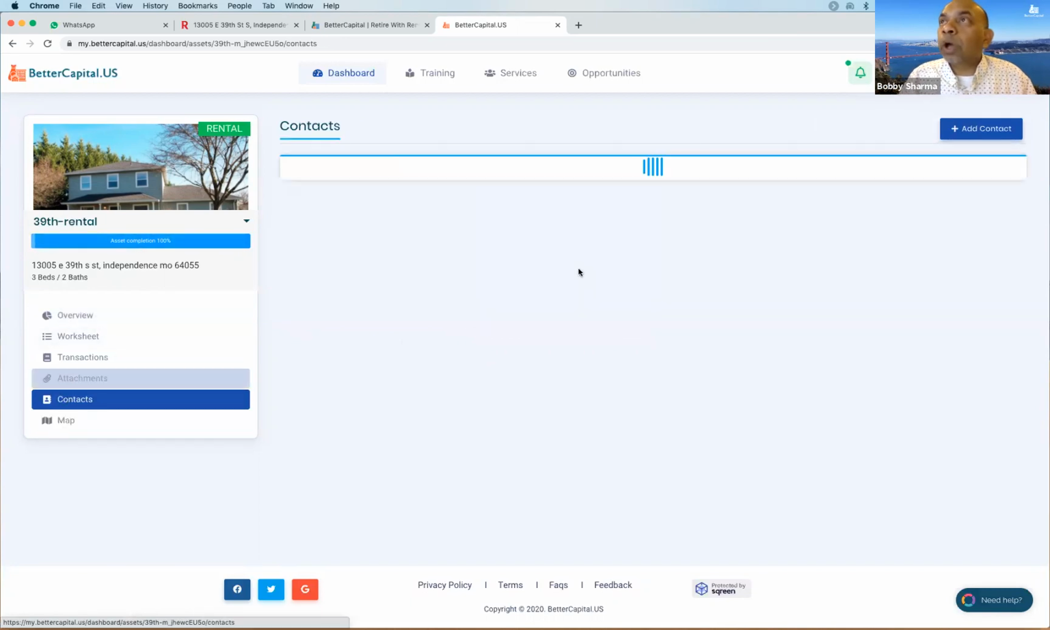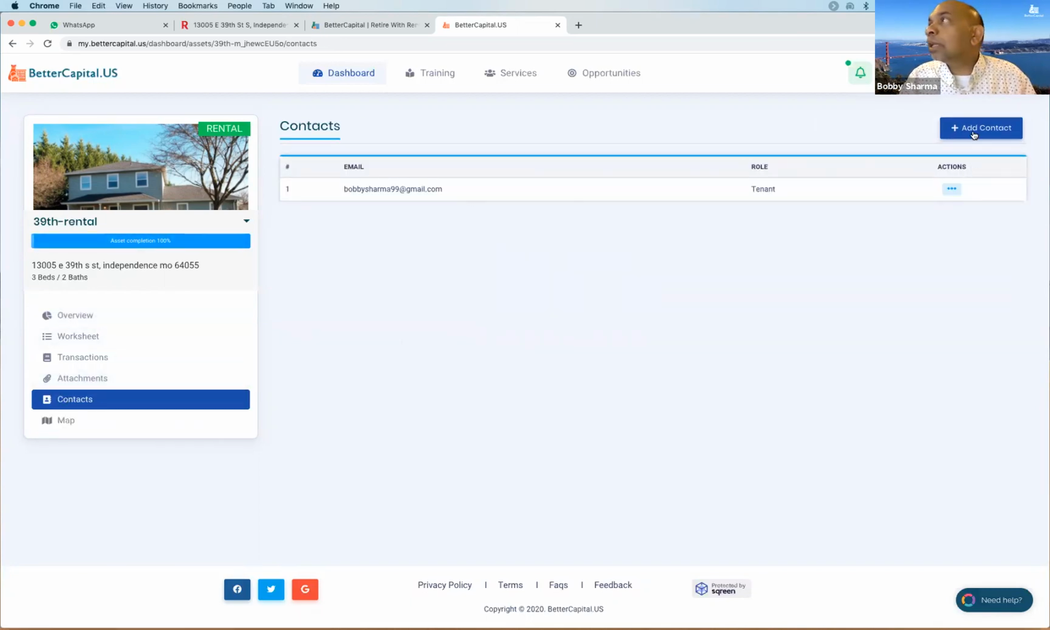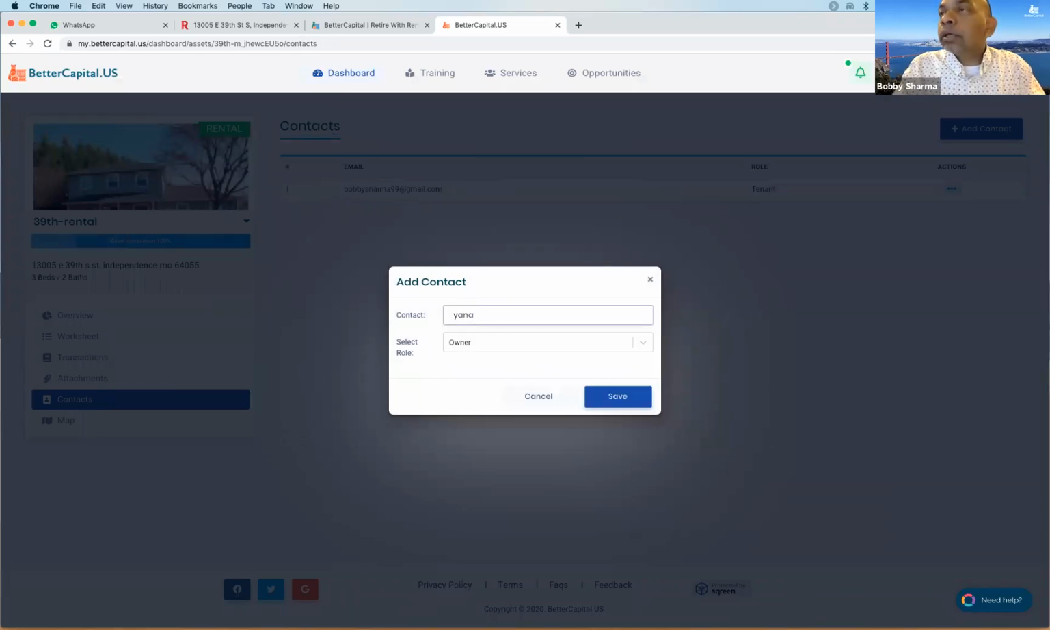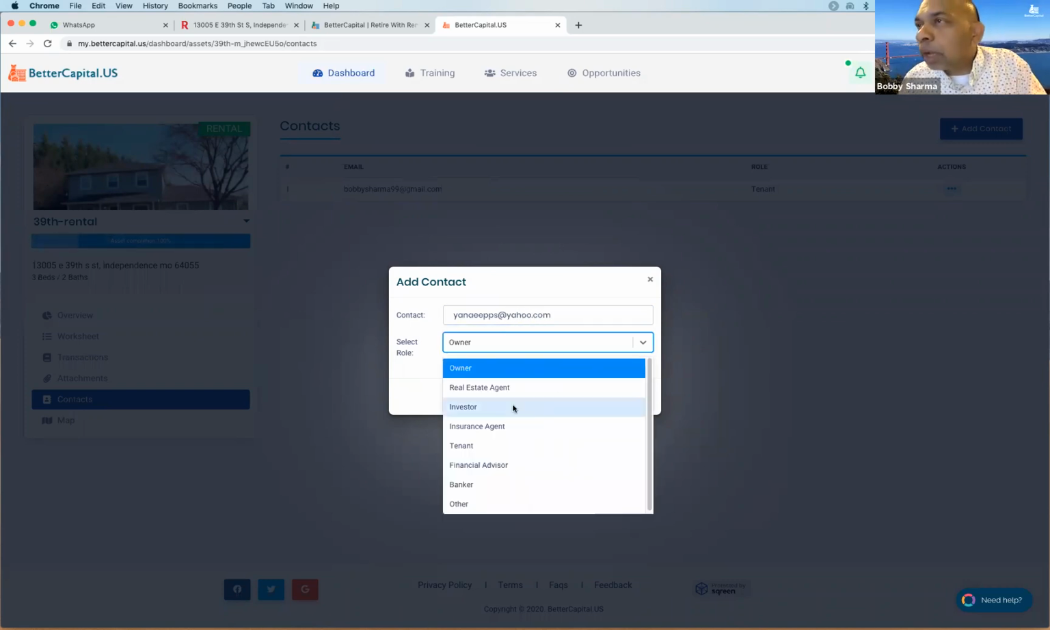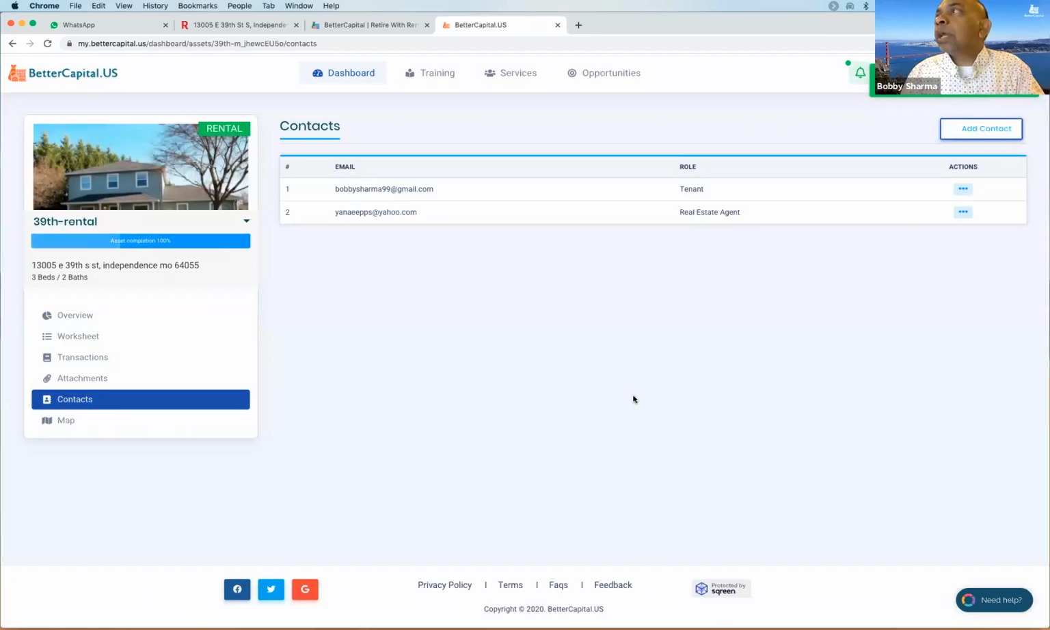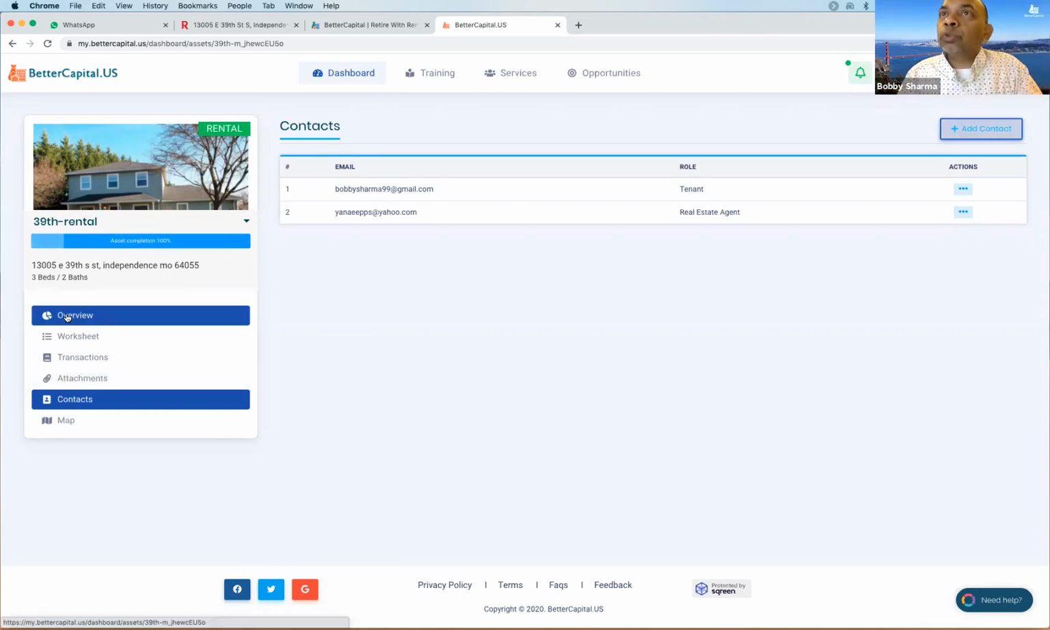You can add contacts here. So I can add a contact. I can say Yana Epps at yahoo.com, and I can say she's my real estate agent. So I'm going to save it here. So now I have all my agents, all my contacts in here. I can send them a message. But if you come here to the overview,